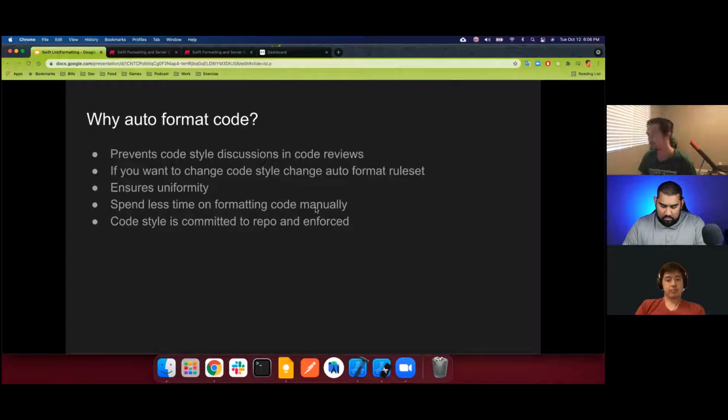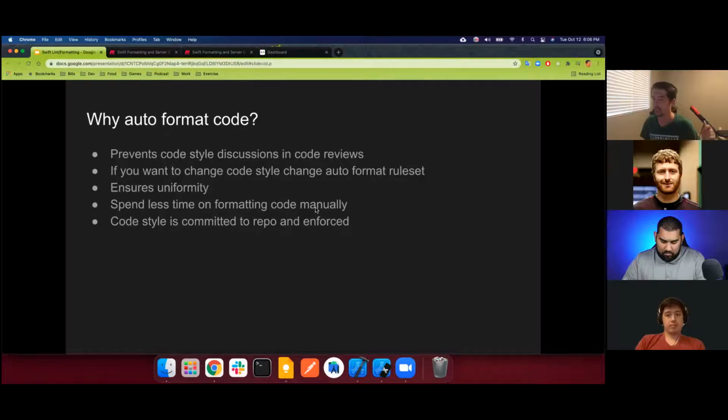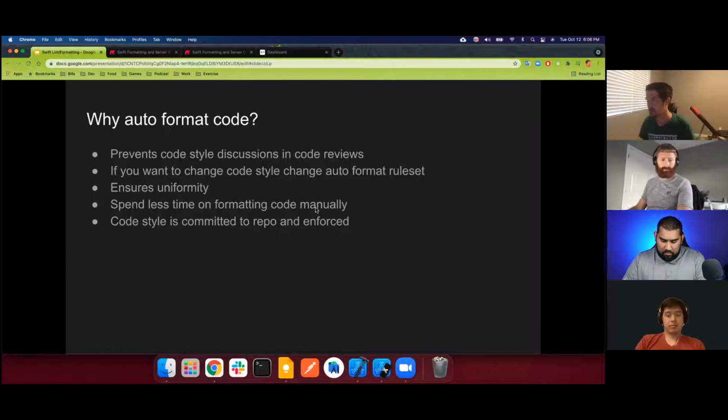If somebody says, hey, I actually don't like it when it looks like this, you agree on something, and then they update the code style rules, and the auto format will automatically apply those rules. Or you just say, these are the code style rules set up by Swift, we really shouldn't be changing them, we should be consistent with